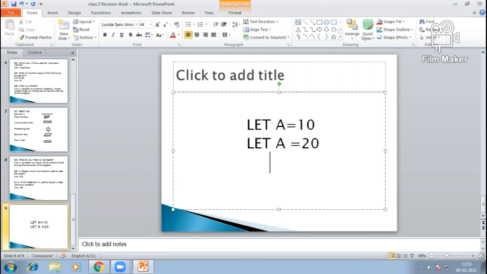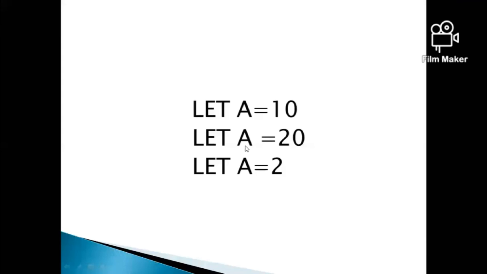If I write LET a = 2, then the value of a will be 2. So the LET statement is used to assign the value to a variable. Here a is the variable, 10 and 20 are the constants, and this equal sign is known as the assignment operator.